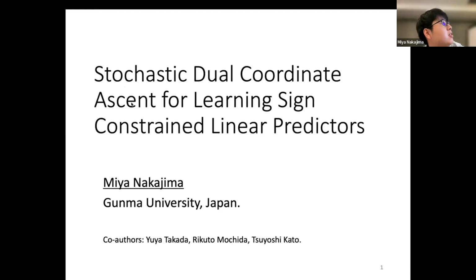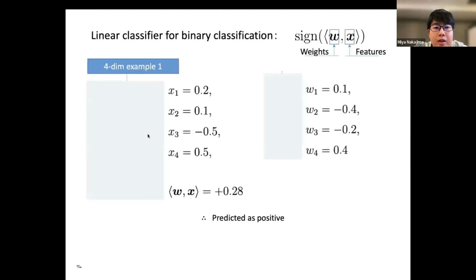To talk about stochastic dual coordinate ascent for learning sign constraint predictors. In the study, we will consider linear classifiers. As an example,